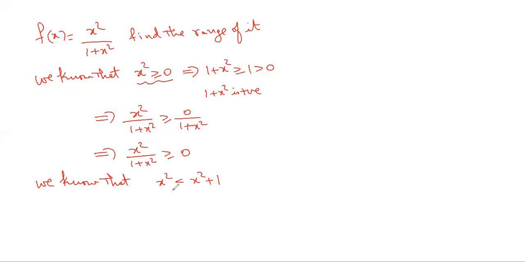So why are we starting with only these? Because again, I want a relation between these two and I want to see this expression. Here I got an inequality where x square is greater than one number. I want to have another inequality in which x square is less than some other number. That number is x square plus 1. Again, since x square plus 1 is positive, divide with x square plus 1 throughout. x square by x square plus 1 is less than x square plus 1 by x square plus 1. So x square by x square plus 1 is less than 1.